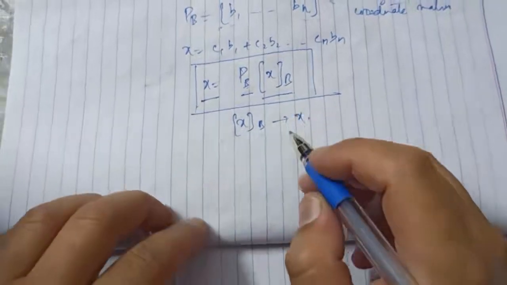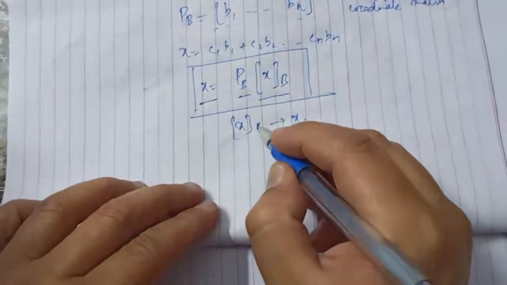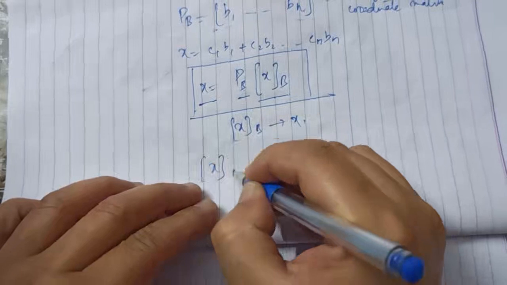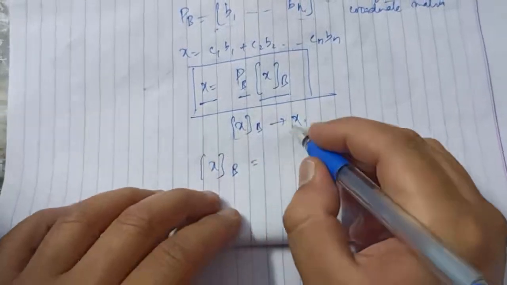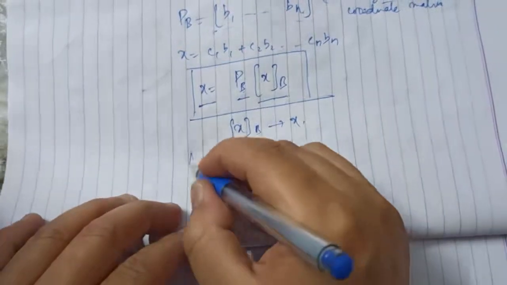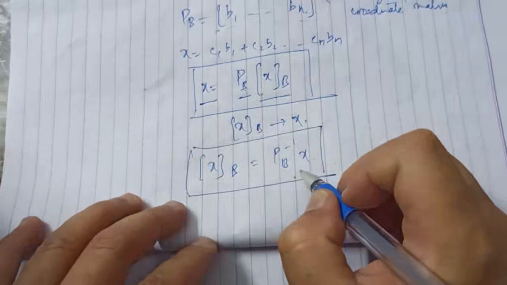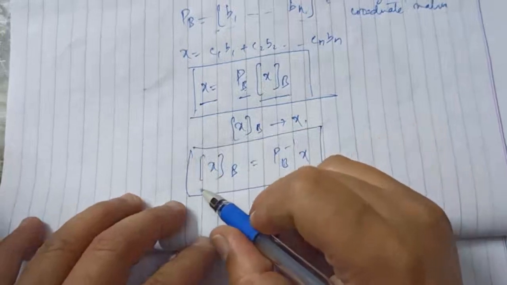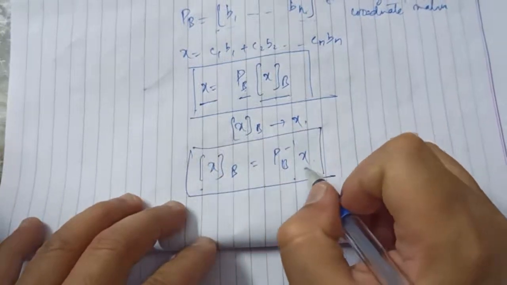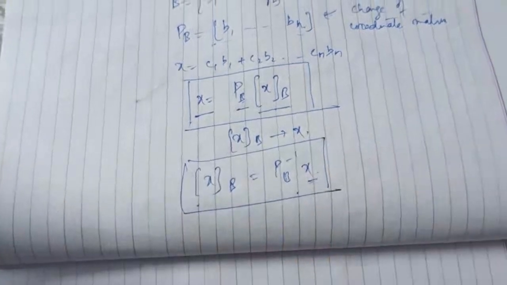Similarly, if you want to go the opposite way, if you want to find [x]_B, then what you have to do is P_B inverse times x. So this P_B inverse matrix will give you the coordinates relative to B when you are given the coordinates relative to the standard coordinate system. Now